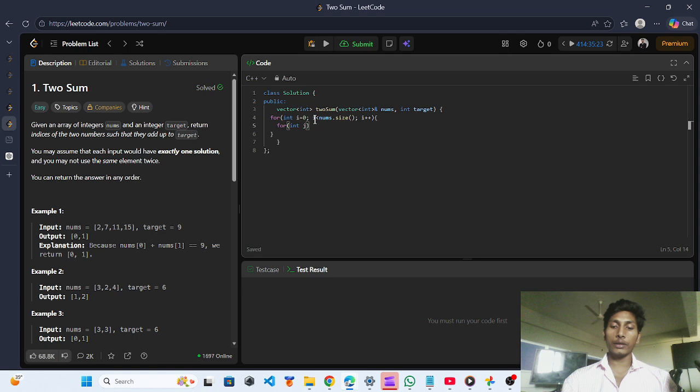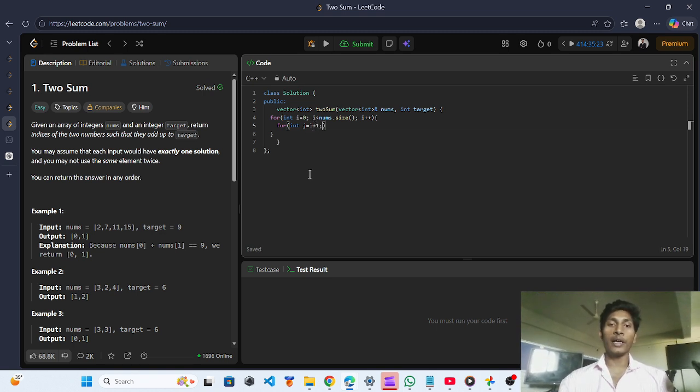For int j is equal to 0. No, here we will not write j is equal to 0, because that will be 2 plus 2. We have to add a different index. So I will write here i plus 1.